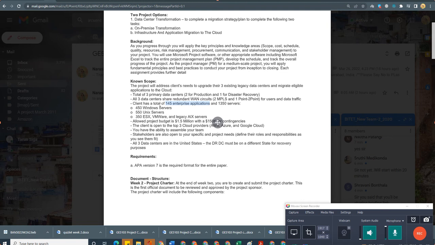All 3 data centers are in the United States. The disaster recovery and business continuity must be in a different state for recovery purposes. Okay, so as of now we have all the 3 data centers in the United States.